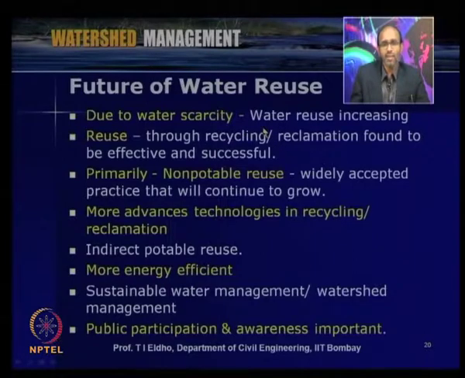So, especially the reclaimed water is mainly reused for non-potable purposes like agriculture, irrigation or industrial processes, that is widely accepted and practiced all over the world, and this percentage is increasing, say, to the range of 10 to 15% in many parts of the world. And then as we discussed in the last lecture, more advanced technologies are available for recycling and reclamation, like nanofiltration, then reverse osmosis. So, that way we can produce a much better, purified form of water, that we can even use for potable purposes. But of course, that may be more expensive.